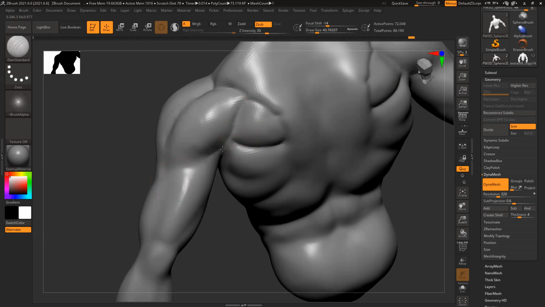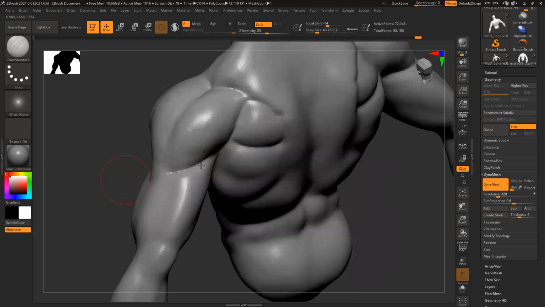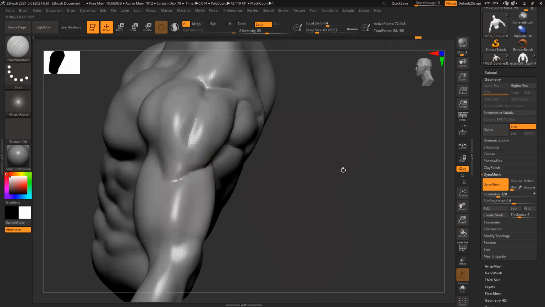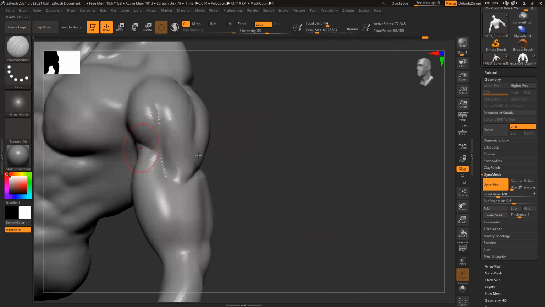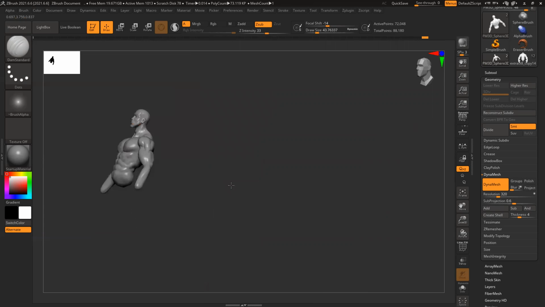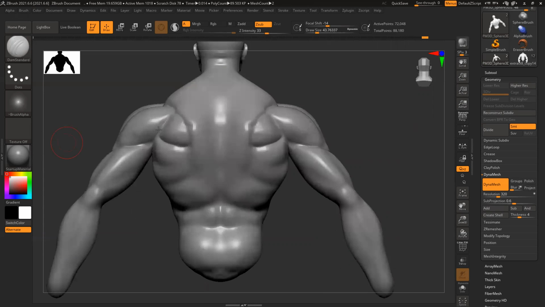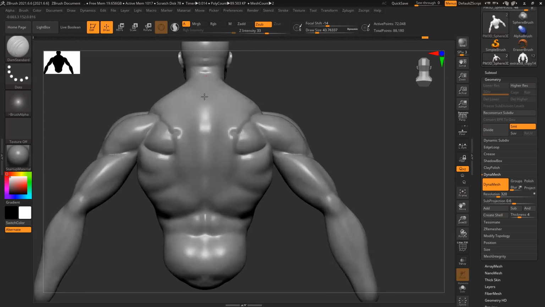Okay, let's see. So first I added volume. Now I'm using Dam Standard to refine the shapes. So definition. This is our cervical bone, which, if you see, everybody has it.